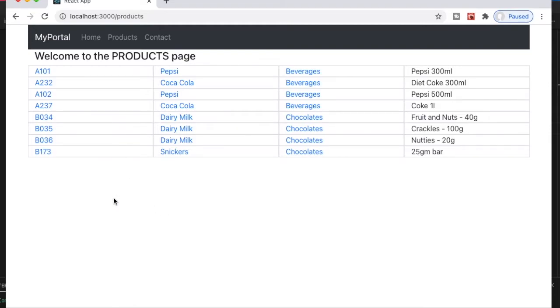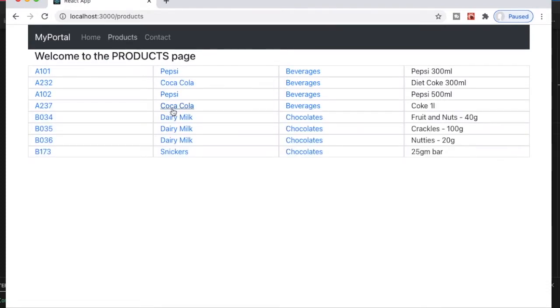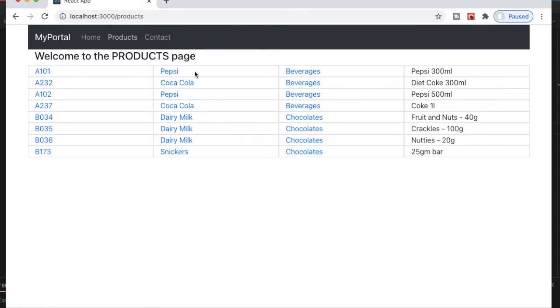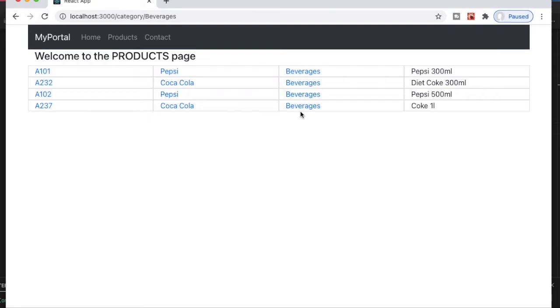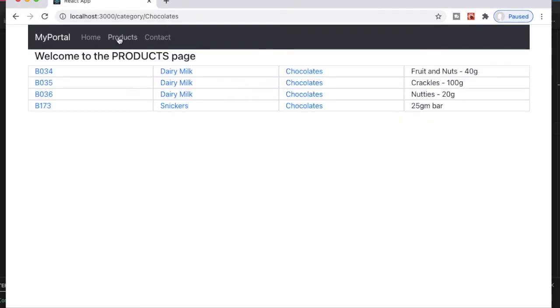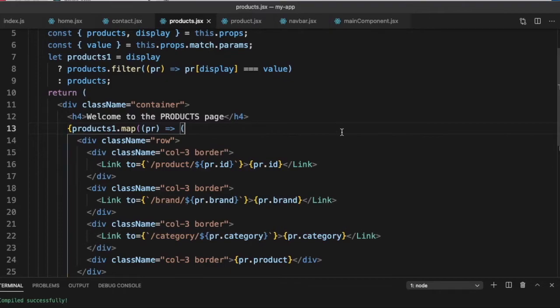So here we are on our products page. If I click on Pepsi, I get the 2 Pepsis. If I go back and click on dairy milk, this works perfectly fine. If I click on beverages, I get all the 4 beverages. Perfect. If I click on chocolates, I get that. And this is working fine. So again, just as a recap,